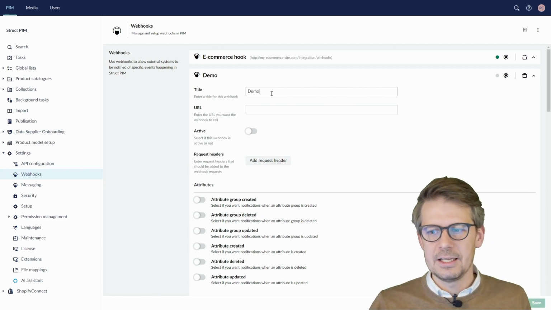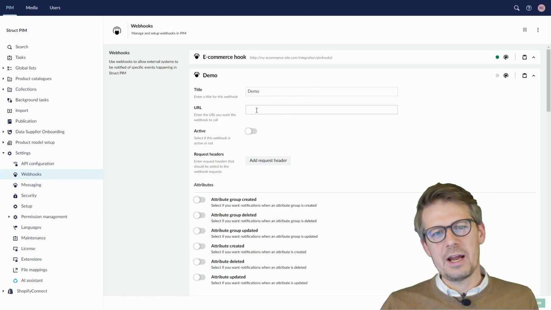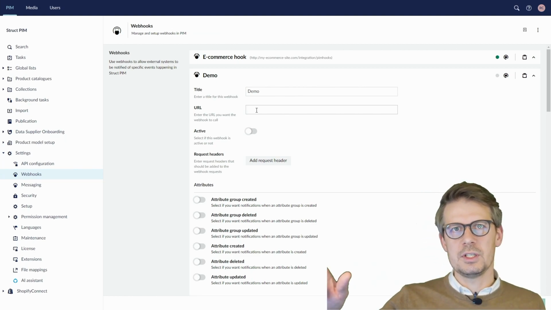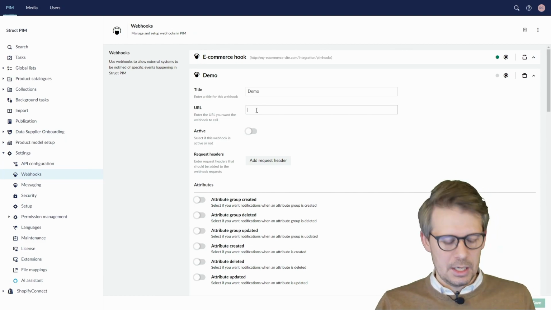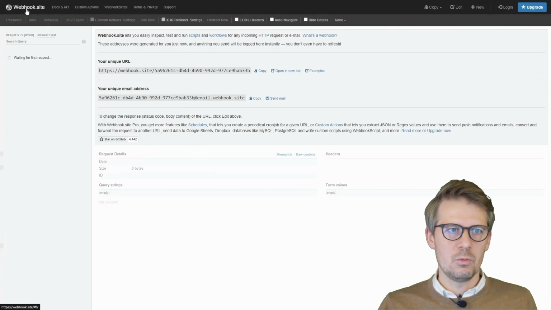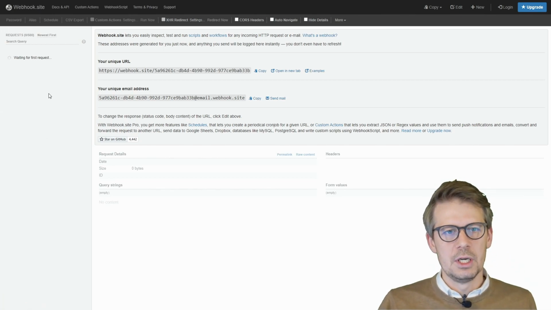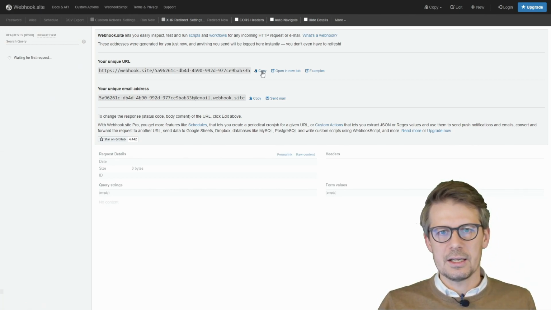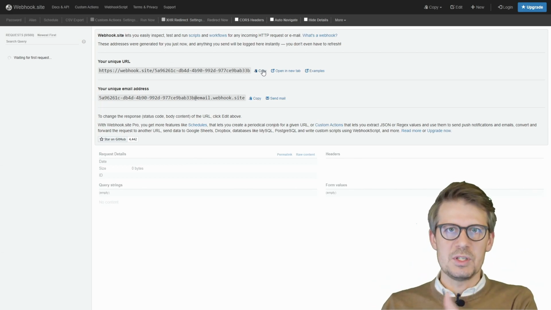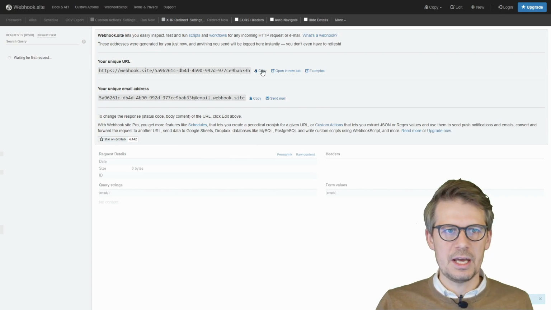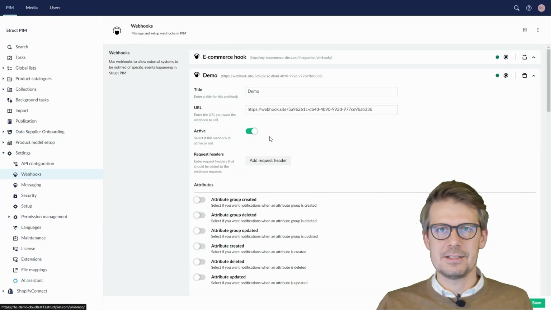So a demo, and you should call a specific URL when this webhook is fired. So this is what you want to talk to outside of the system. I typically use this site called webhook.site. There'll be a link in the description. But here you can quickly get something so you can see what is firing and what the system is sending to you. Copy that URL, add it in here, activate this specific one,